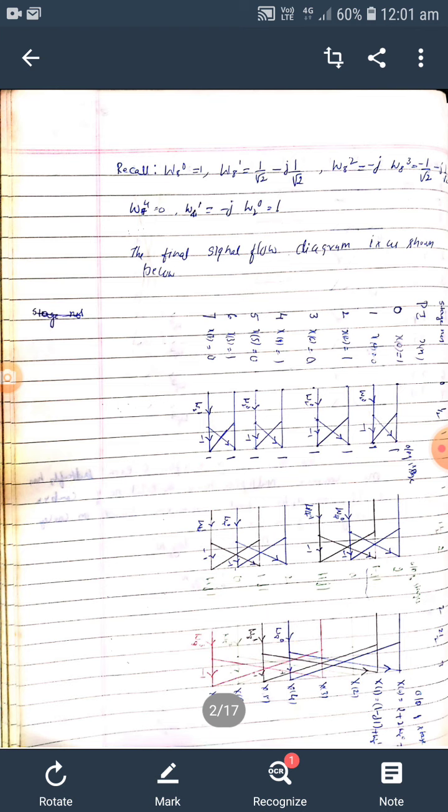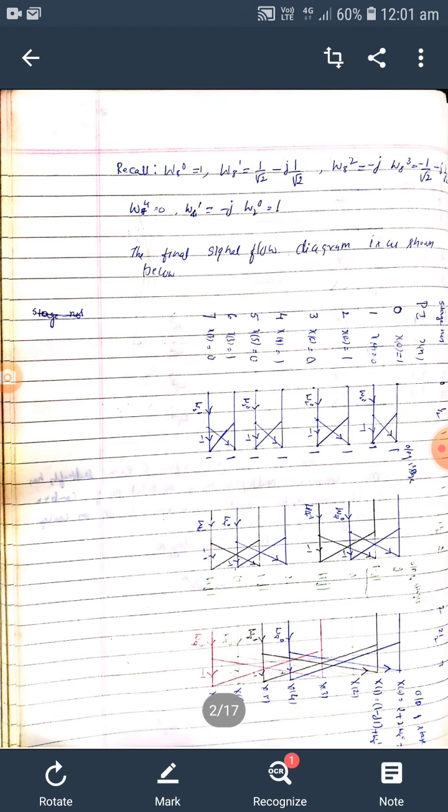Then for the third stage, you have to consider 8 lines simultaneously. In these 8 lines, the first 4 form a group and the next 4 lines another. The first line should be mapped to the fifth line here. Like this, we have to cross 1 to 1. Finally you have to calculate the final stage output. The final stage output, that is the DFT signal, will be 4, 1 minus j 2.414, 0, 1 minus j 0.414, 0, 1 plus j 0.414, 0, 1 plus j 2.414.